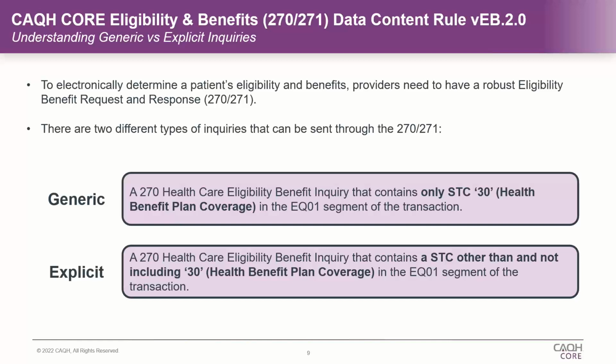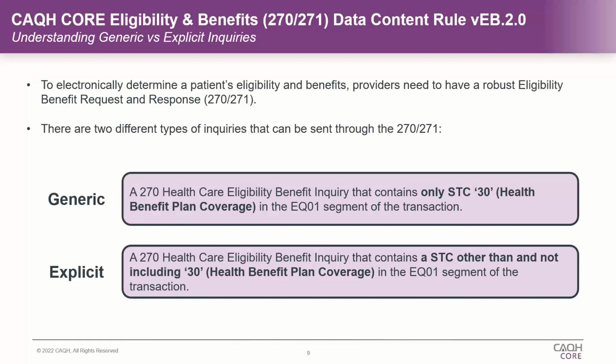The service type code 30 on the inquiry, or on the 270, has a different meaning than a 30 does on the response. So in terms of the 270, when someone submits a service type code 30, they're essentially asking for a few different benefits bundled under that one service type, which basically allows them to avoid having to ask for the 10 or 11 specific service type codes, which they don't need to do when they just ask the 30. The 30 on the response is not dubbed a generic response per se.